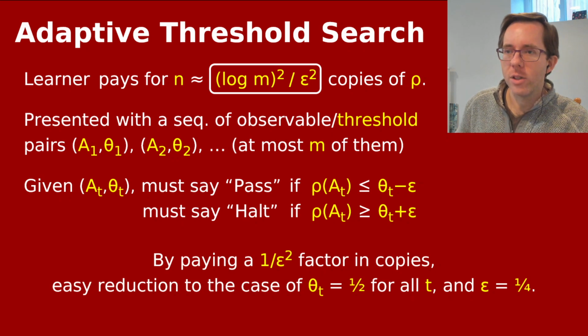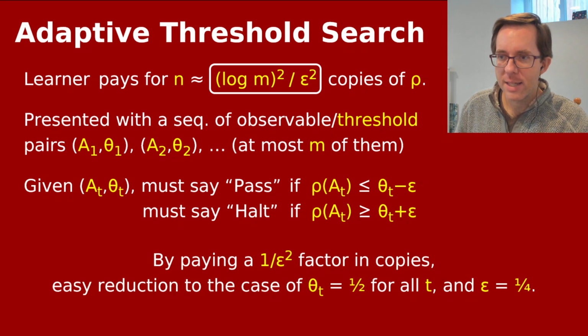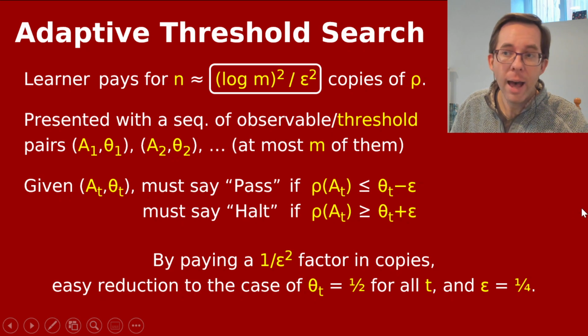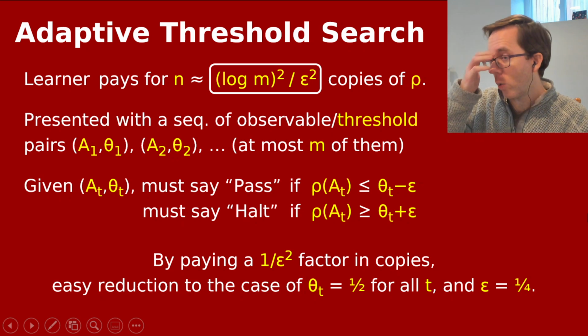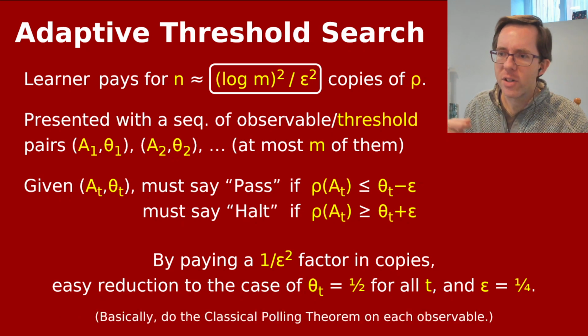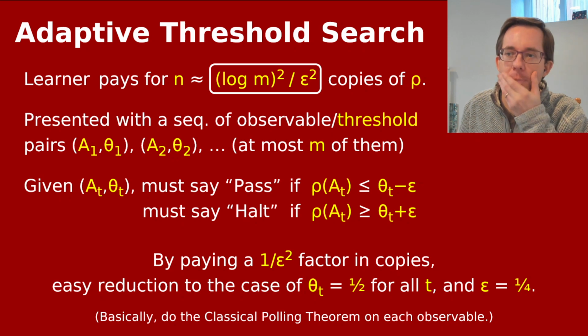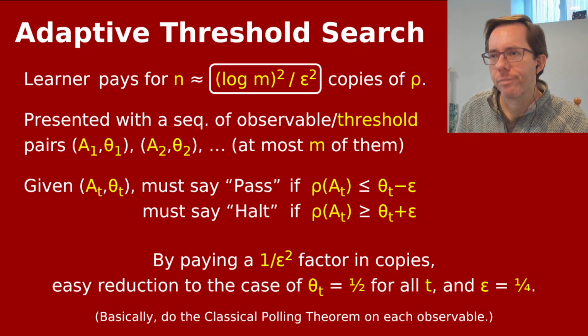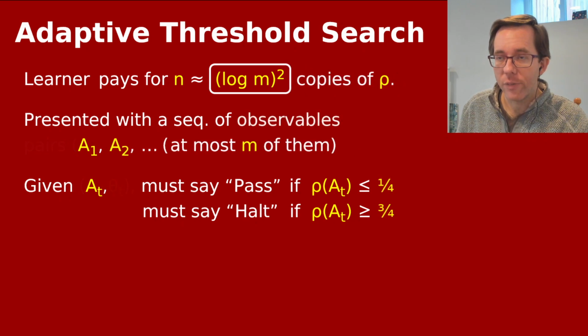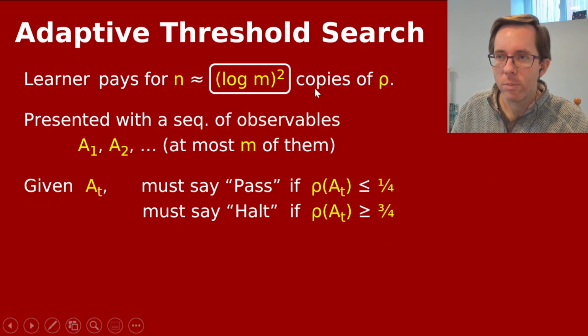And in fact, even this is a little bit complicated. It's also quite easy to show a little reduction that says at the expense of a multiplicative factor of 1 over epsilon squared in the number of copies, you can reduce to the case where the teacher only has to handle when all the thresholds theta are a half, just some arbitrary fixed number, and all the epsilons are also a constant, let's say 1/4. Okay, if you can handle this case, then there's a very simple little reduction based on just the classical Poland theorem itself applied to each observable that lets you handle the general case. Okay, so the upshot of all of this is we can even get rid of this epsilon squared factor by building it into the previous reduction, and finally say that the